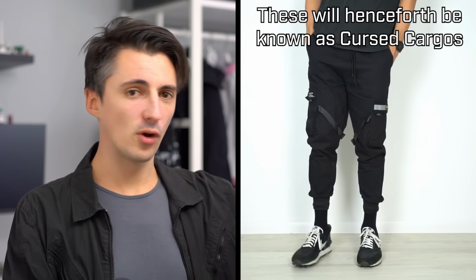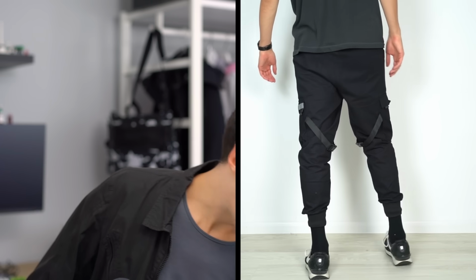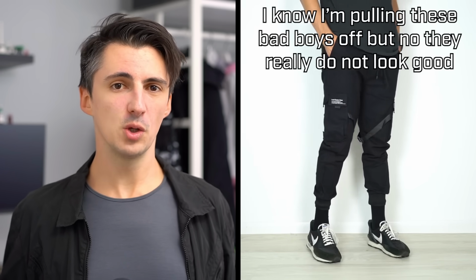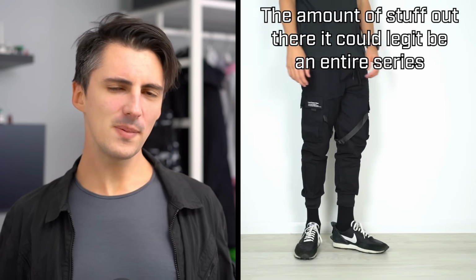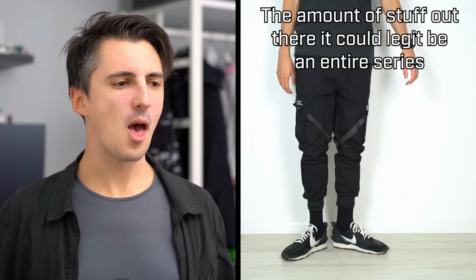And also, if you're on a budget, it's all the more important to spend it wisely and not waste it on products like this that appear to be cheap or affordable on the surface, but ultimately are going to give you something that is not really going to look good and you're not really going to feel good wearing it. Let's see what we can discover as we further explore the bad techwear saga. Maybe these look okay from a distance, but we're going to be, of course, taking a much closer look